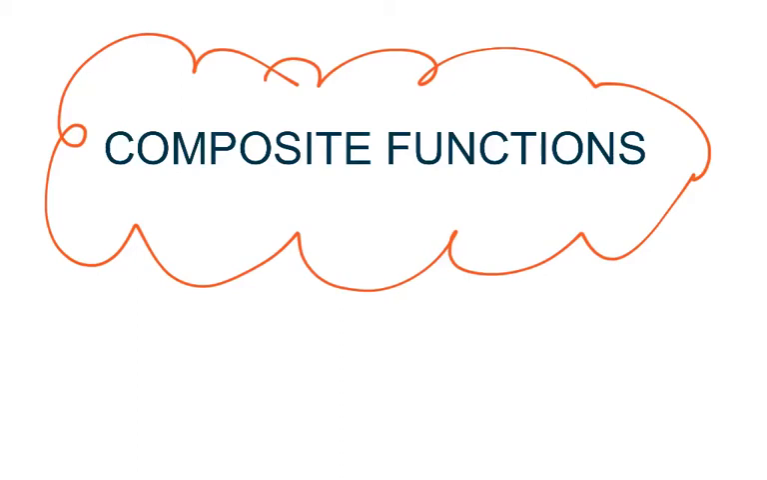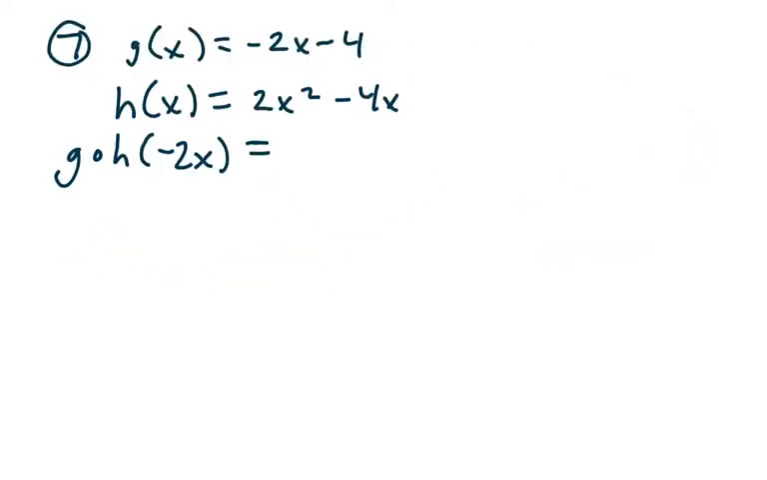Okay, everyone, let's learn a little bit about composite functions. Composite functions is basically when one function is done inside another function, one function is done on another function. For example, in this problem here, this is called g of h. In other words, we're going to work inside out, and we're going to do h of negative 2x first, which